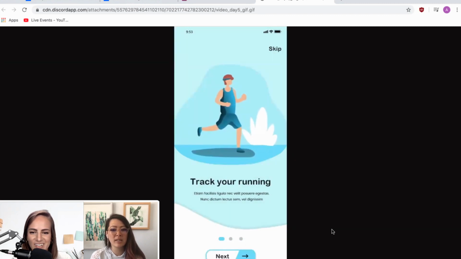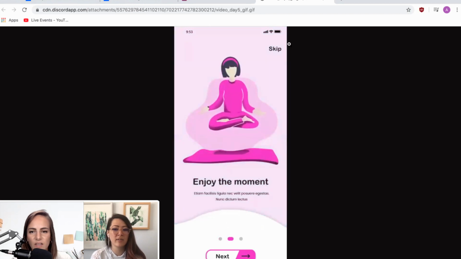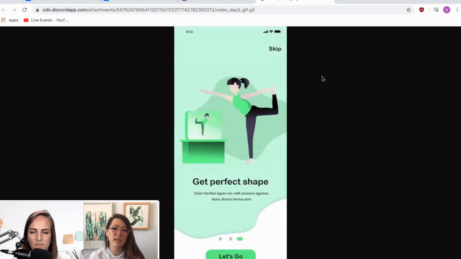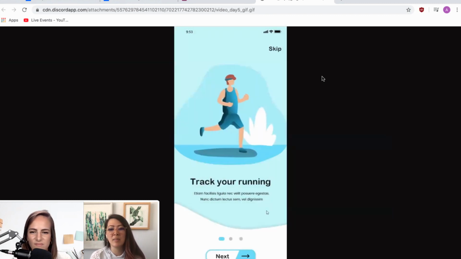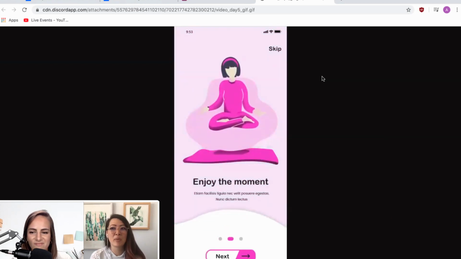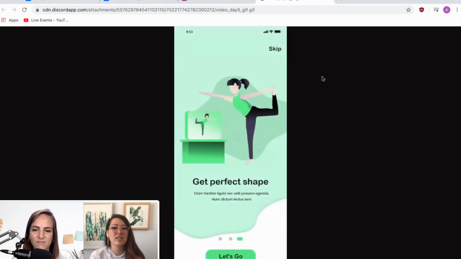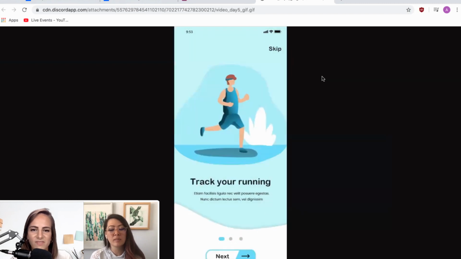And I also like that you have a skip button. Like I don't have to look at this. Most people, I've found, do not like onboarding. They prefer to skip onboarding. So I like that you have an exit opportunity, because maybe I already know about your app, or oftentimes people want to learn about your app through actually trying it out versus looking at the onboarding. So I love that you have that capability. Yeah, I agree. Lovely job on this one.